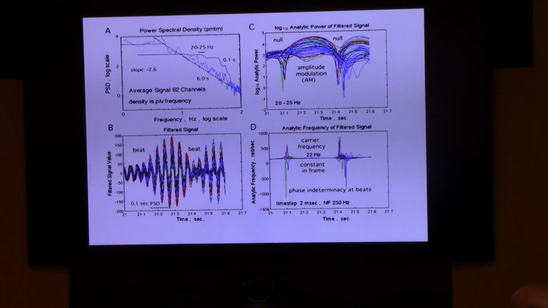So he looks at the way the analytic power and analytic frequency change in time with this filtered signal. You have to do a lot of filtering to get here, but here's the null spike, and here's what the analytic frequency does at the null spikes. In between the null spikes,